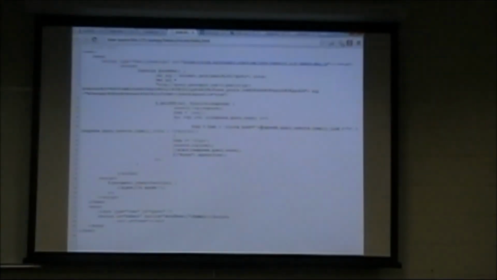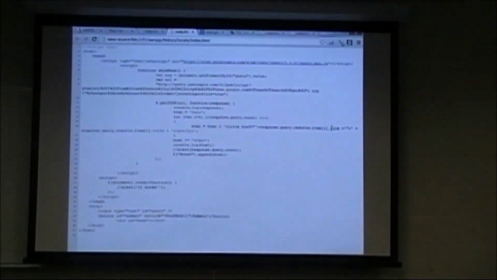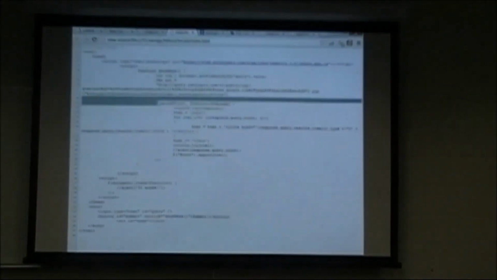And how does it get the header? We know that we saw response, and it has query, and then it has results, and then it has item. This i, with the use of this for loop, is going to be going from 0 to 10, and then pull up the link for every item, and also it will pull up the title, and display it in a nice and neat way